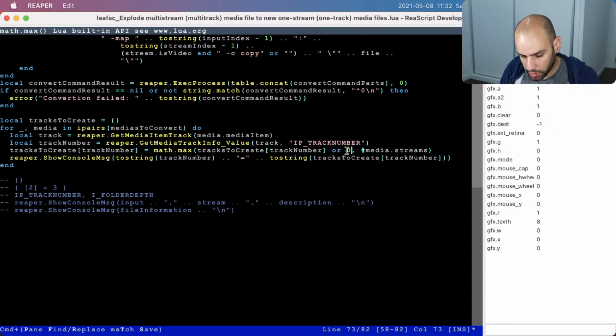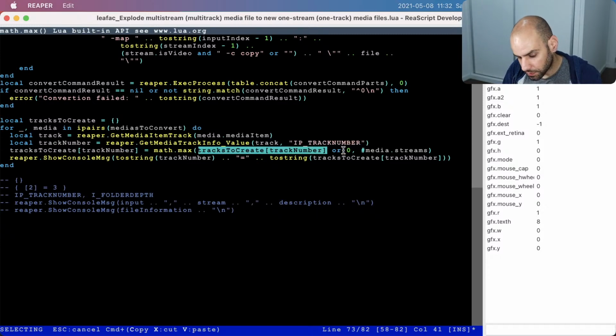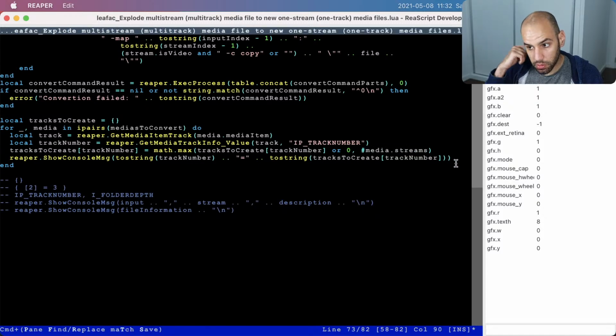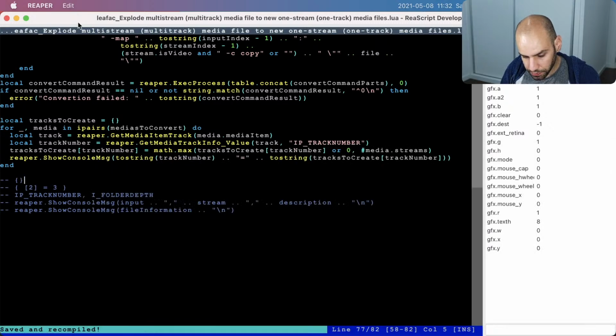So the maximum between any positive number and 0 will be the positive number, and otherwise we will be taking the maximum between that and the number of streams in this particular media item that we are looking at. So I can save this again, and it will not show anything different, but